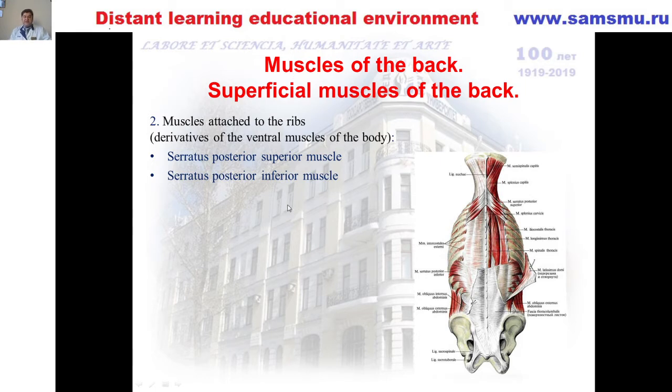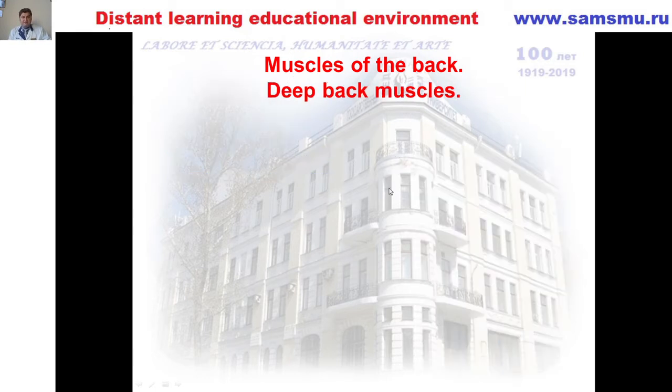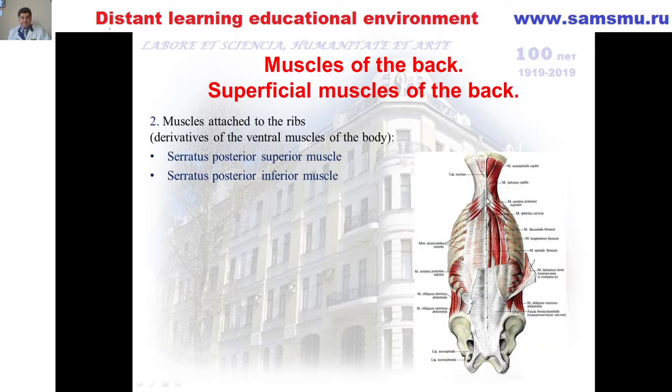The serratus posterior superior muscle, musculus serratus posterior superior, you may see this muscle on this picture, lies in the upper part of the back under the rhomboid muscle. It originates from the spinous processes of the lower two cervical and upper two thoracic vertebrae,